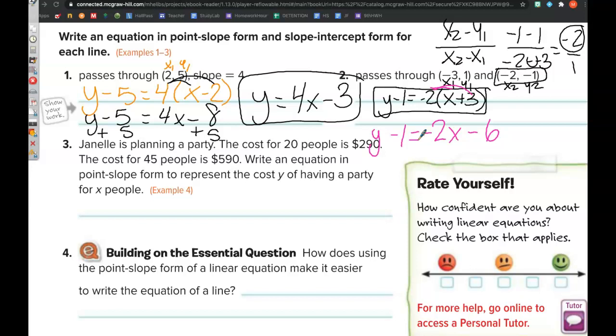Add 1. So then you would get y equals -2x minus 5, yes. So that should have been your second one. Thumbs up if you got that. Okay, perfect. All right, what you're going to do next is